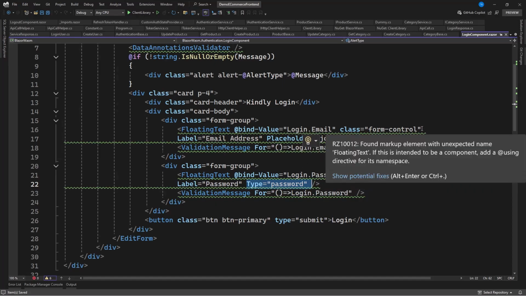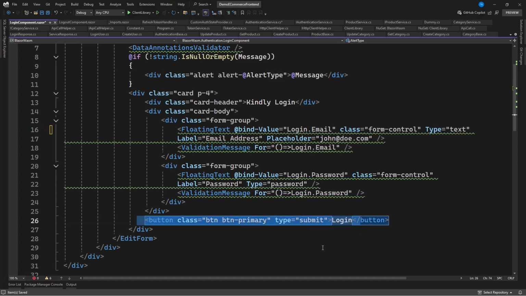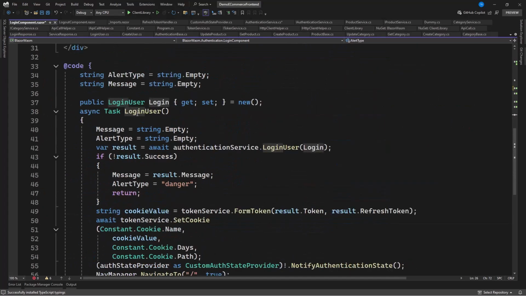Or we can say this type is test. You can also specify the type right there. Okay, then we need a button to submit this form, that is login. So if I click on this, this is what's going to get fired. All right, so we are done with our simple login